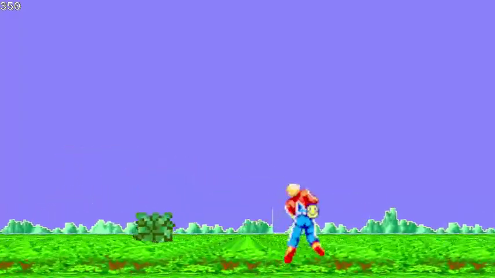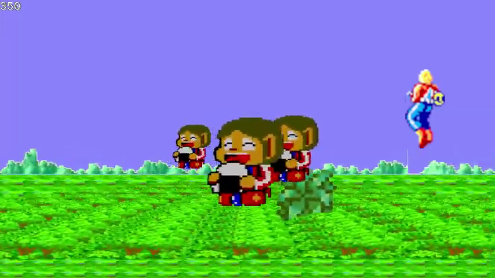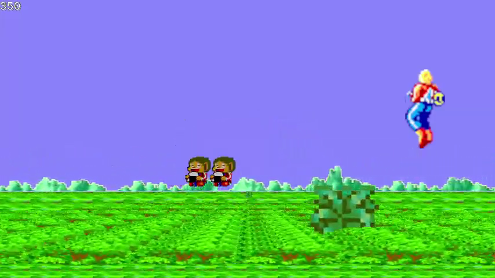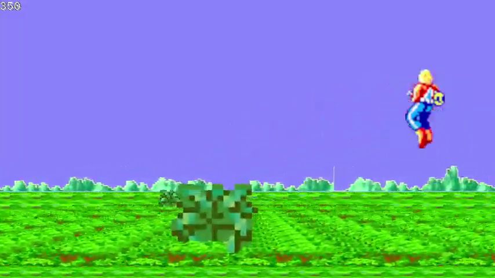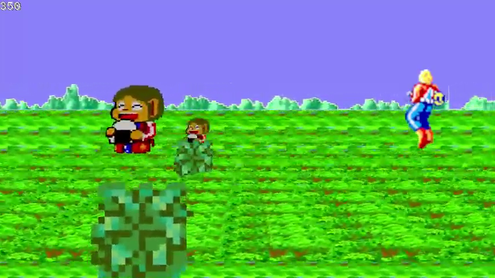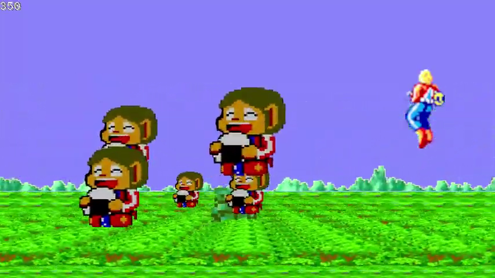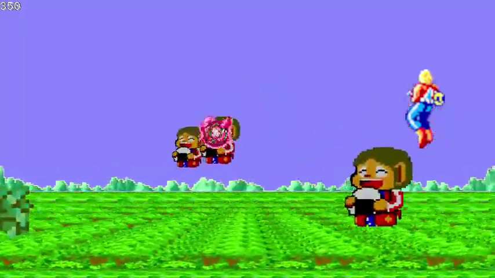Now, you notice right now it just looped back around to the beginning of stage 1. And that's because another cool thing I have is a background stage loader. So as you're playing stage 1, it's already loading stage 2 in the background on another thread, so there won't be any load time during the transitions. It'll just smoothly move into the next stage and then start preloading the next one. Right now it just loops back on itself because I don't have a stage 2. But in the long term, we'll get that.